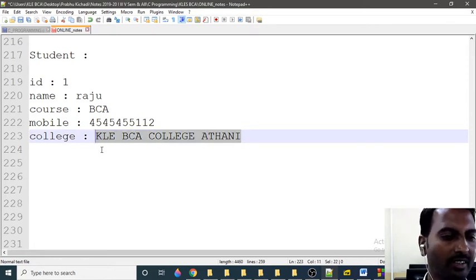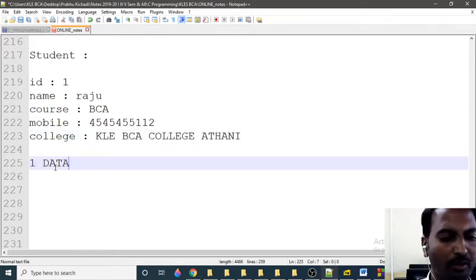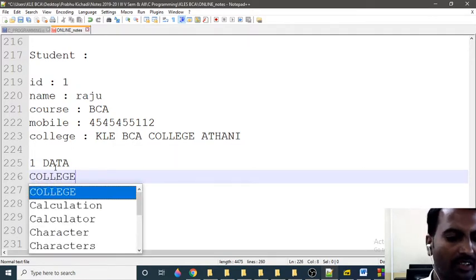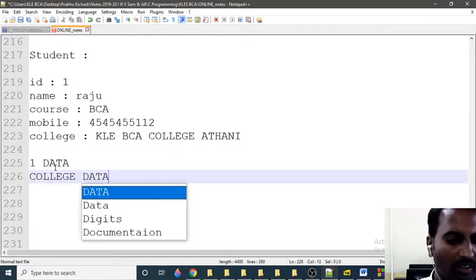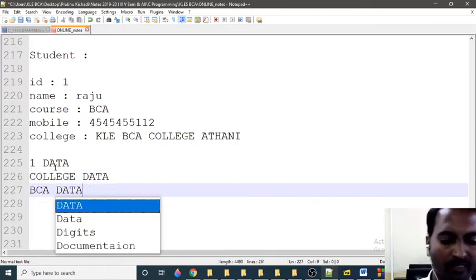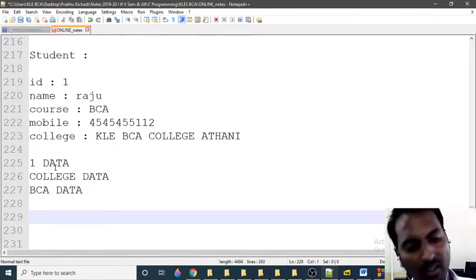Hence data is nothing but a raw piece. If I write 1, this is data, a small piece of information, right? If I write college, this is also data. If I write BCA, this is also data.